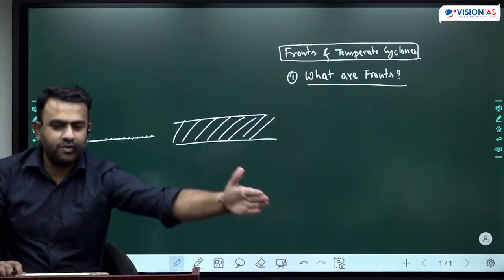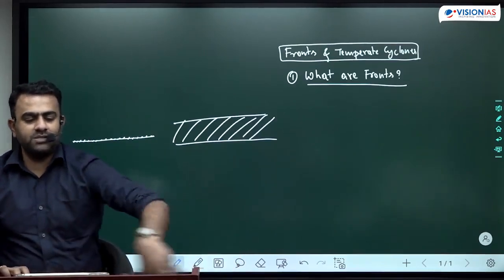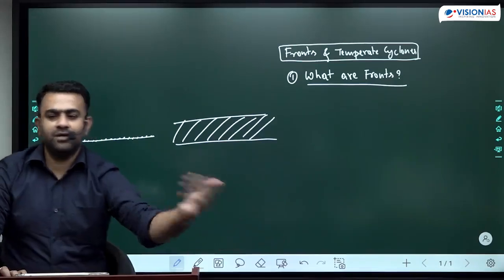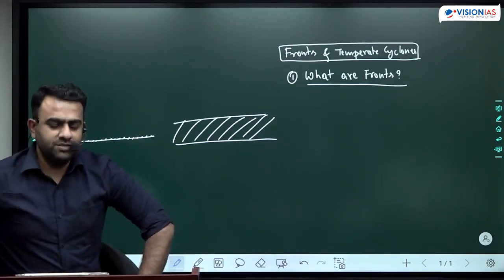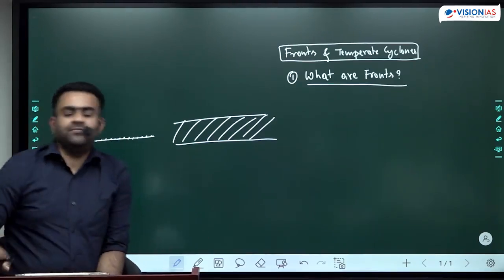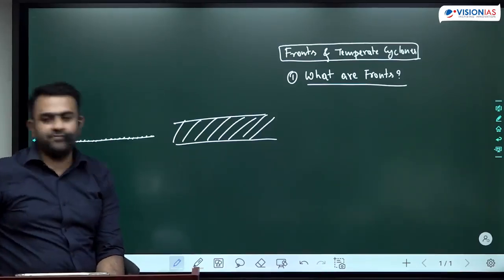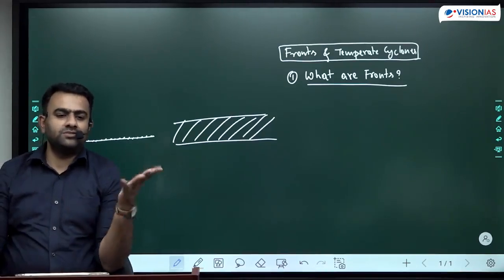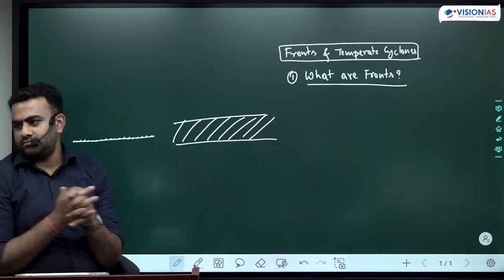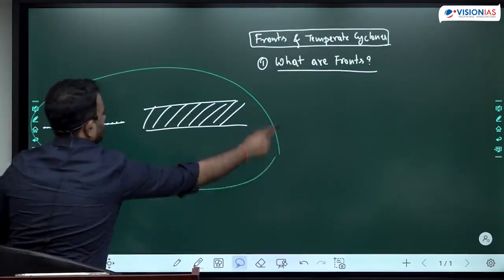मतलब यहाँ पर पूरा यूनिफॉर्मिटी है. There is complete uniformity. If I am saying this is a warm air mass, ये पूरा वार्म है. इसके बाहर वार्म नहीं है, यहाँ पर वार्म नहीं है, यहाँ पर नहीं है. और there is no uniformity, there is a change. So this is one air mass. This is another air mass, cold air mass. Totally cold condition. When two different air masses are very far away from each other, there is no front. जब दूर दूर है तब तो फ्रंट नहीं है.